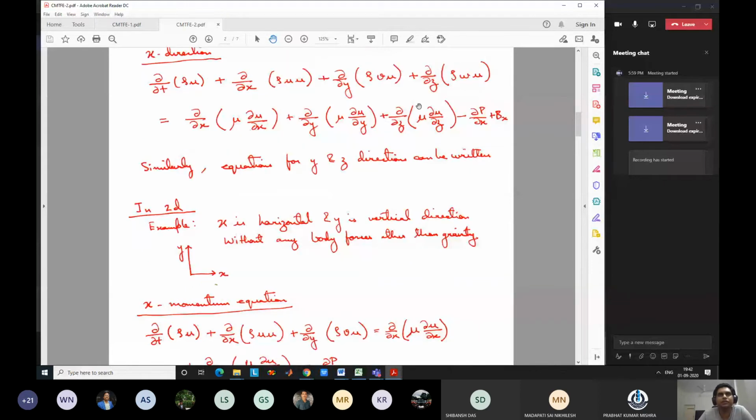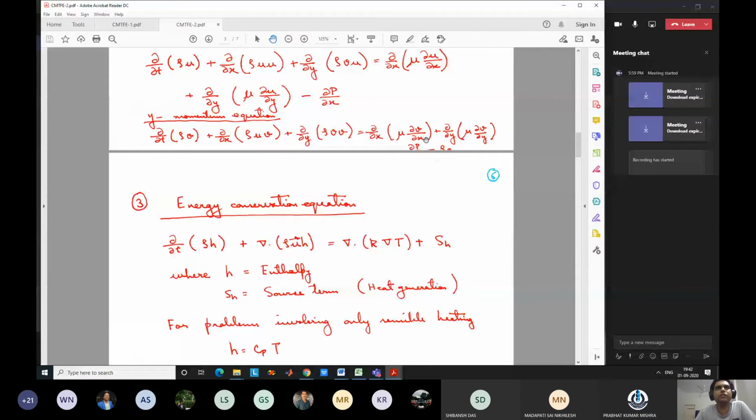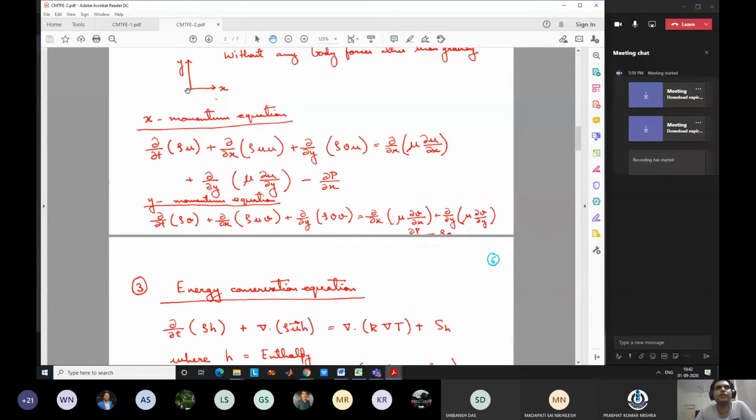And y momentum equation similarly got cut out here while scanning. There is a term del p del y minus rho g. Once my writing pad comes up, I can write here also. We are still waiting for that. So just as an example, if you have gravity in the negative y direction, you will have the body force minus rho g. Similarly, any other body forces you will later know how to tackle, like centrifugal force or electromagnetic forces.